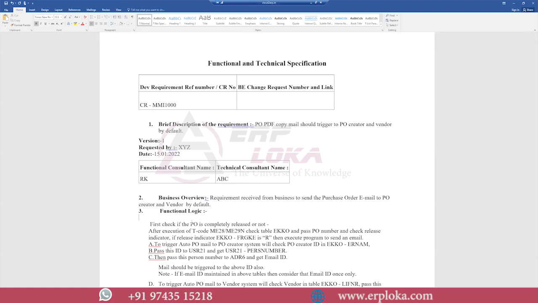So you're saying to the system, or to your ABAPer, that whenever you start to build the logic or write the coding for this FS document, you need to first check if the PO is completely released or not. That is the first checkpoint. After that checkpoint is done, go to the